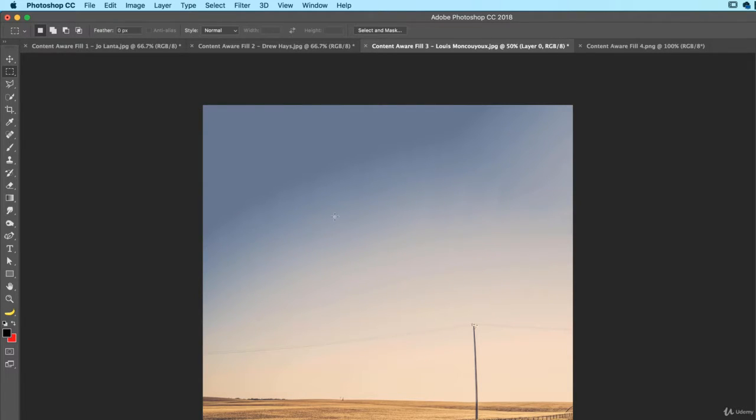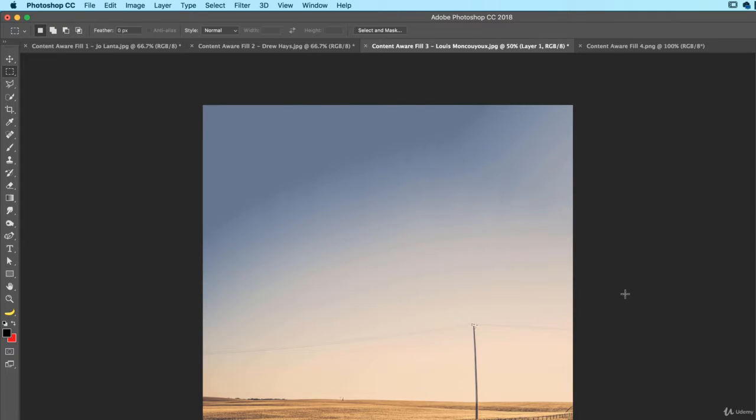Now I left this one in here because there's a little bit of banding. It's just like a perfect sky, so there's a little bit of obvious banding going on, and I'll show you how I get around that. If it's just one or two pieces, you could use the spot healing brush or the blur tool. There's a lot to do in this one, so I'm going to select a big chunk of it, make sure it overlaps quite a bit,